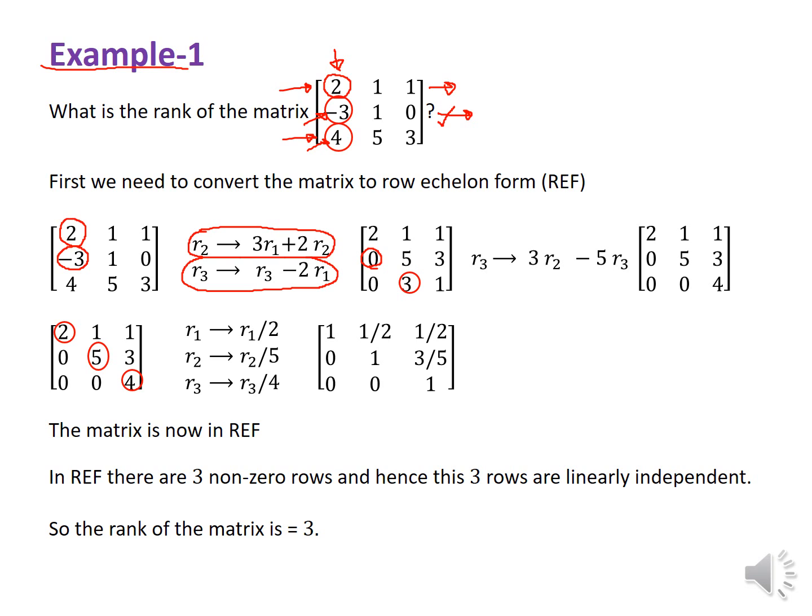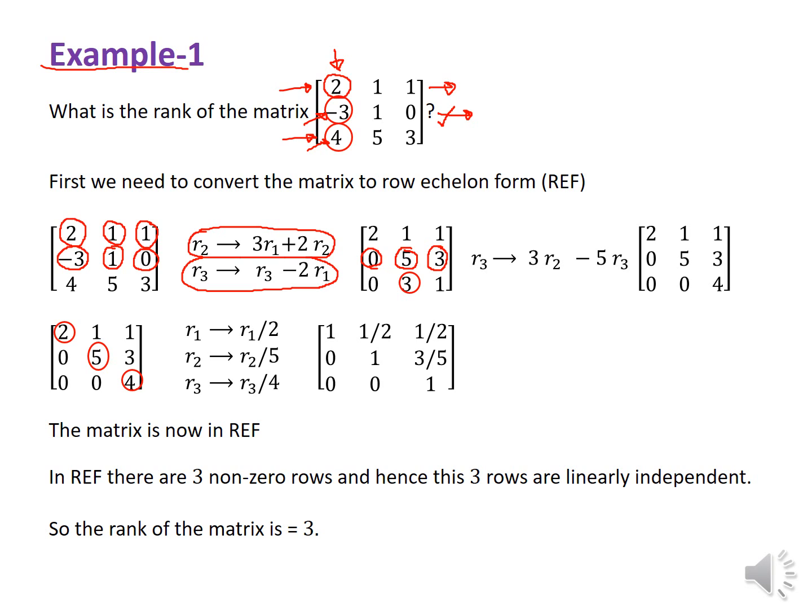Again, if we multiply the second element of first row by 3, then it will be 3, and if we multiply the second element of second row by 2, it will be 2. Then if we add them we will get 3 plus 2 is equal 5 as the new second element of second row. Again, if we multiply the third element of first row by 3, then we will get 3, and if we multiply the third element of second row by 2, we will get actually 0. Then 3 plus 0 will give 3 as the new third element of second row.